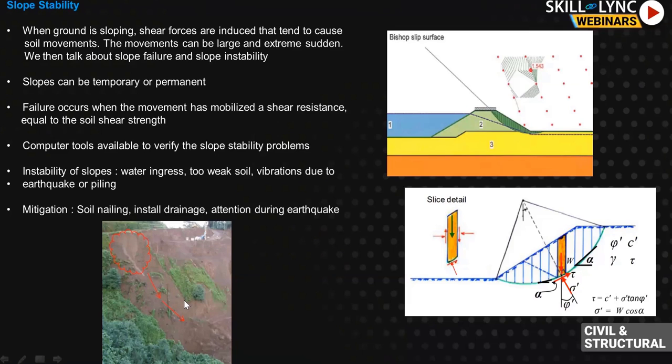And also when you are doing slope stability in an earthquake prone zone, you would also do your analysis with respect to seismic conditions. So you have an acceleration, right? Given acceleration for that zone. You will have to input the acceleration, and you also check for the seismic conditions.